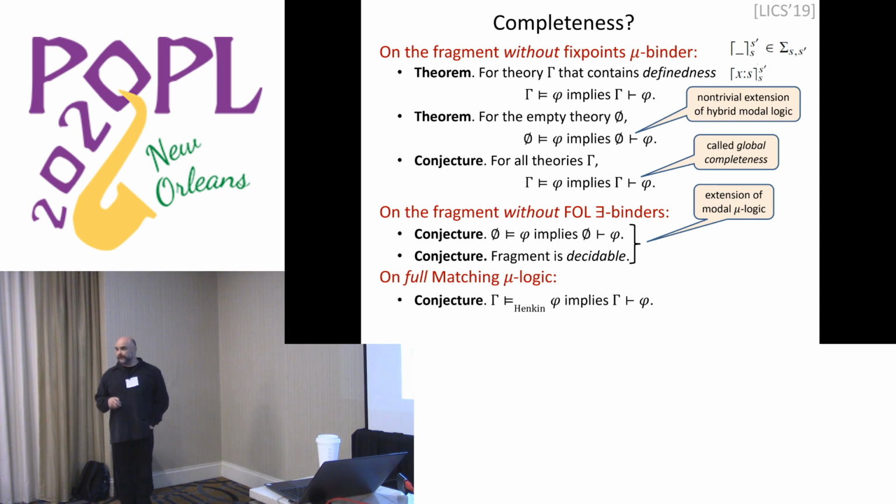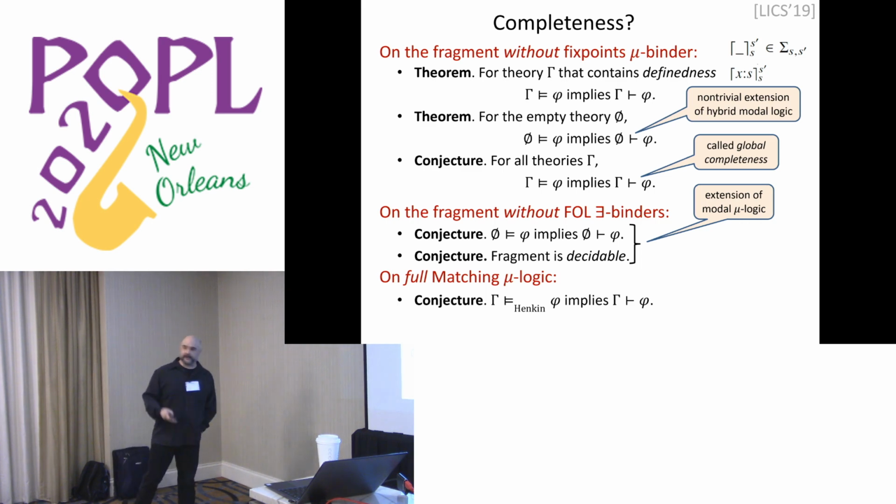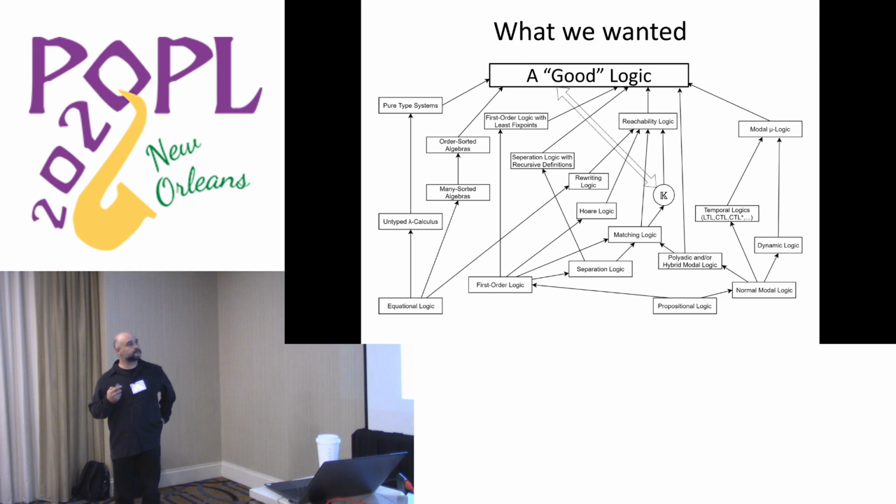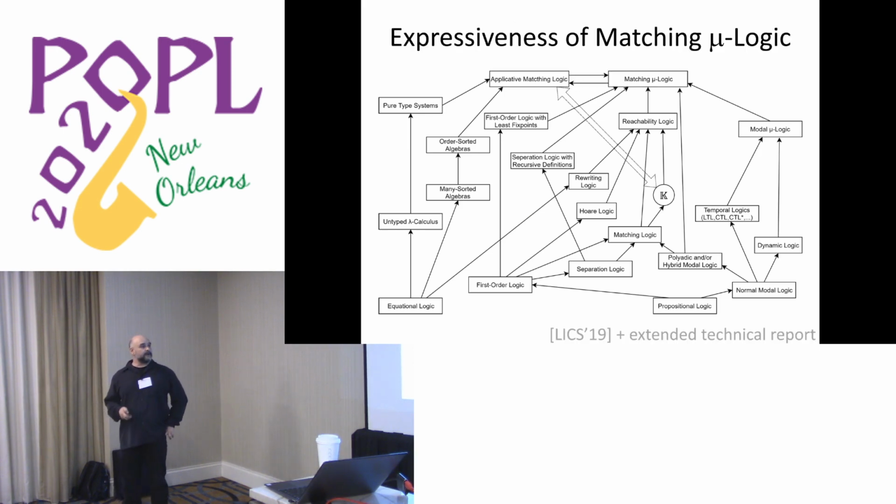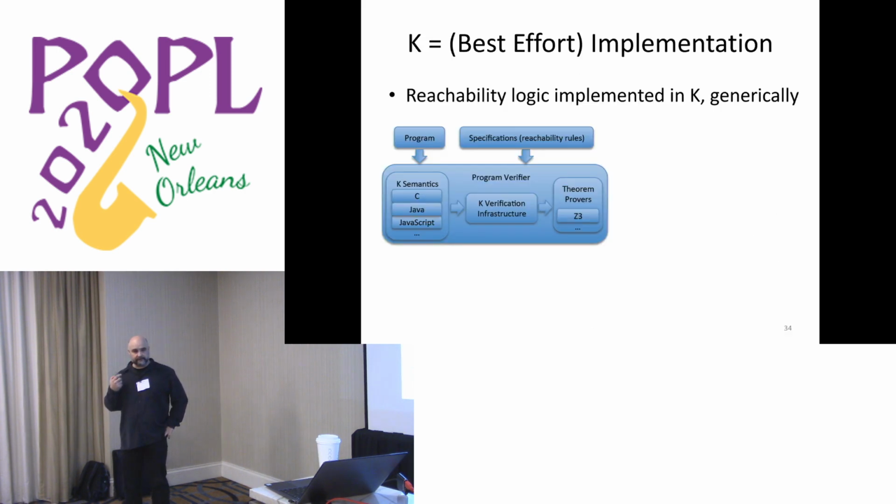And for full matching logic, we believe that we almost have a proof that we can get completeness if we work with Henkin models, which is a bit of cheating, but at least gives you confidence that your proof system is complete, is good enough. Okay, from some point of view. All right, so we wanted this logic. We have something which is good enough for us. Right now, I'm not saying it answers all the questions, but it's good enough. And I didn't show you at all this part here, which is not yet published, but I will be glad to give you some drafts.